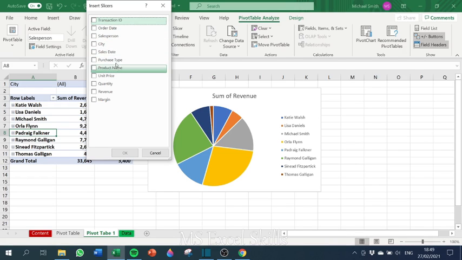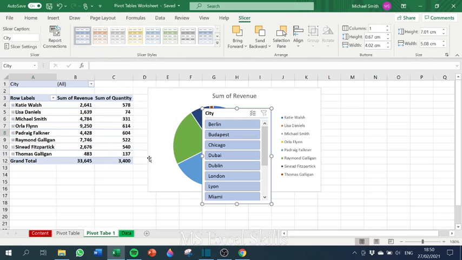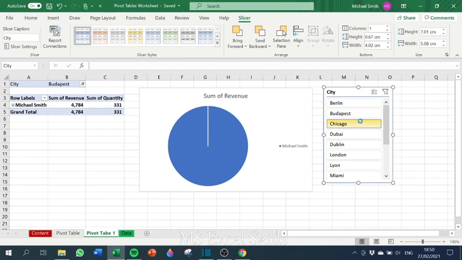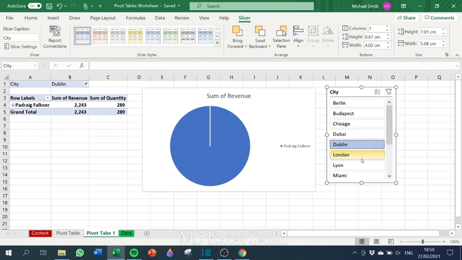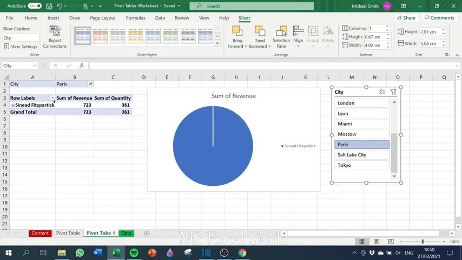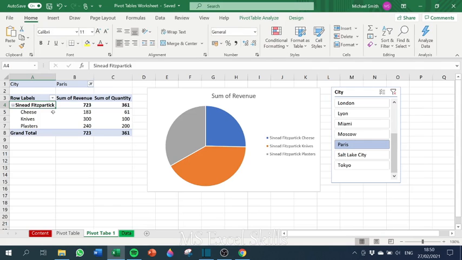So I want to insert a slicer which is done by the city of each sale. So I insert that slicer, and here I get a list of all the various cities that sales took place in. And what this slicer is, effectively, is a button whereby I can select and see all the sales done in a particular city. And I can do it by product, I can do it by person,